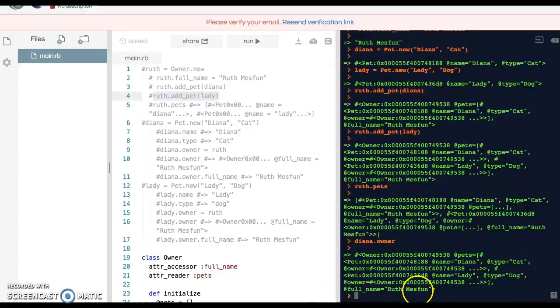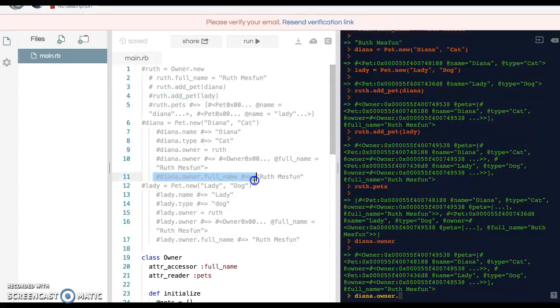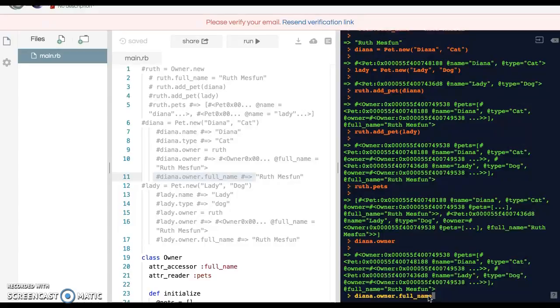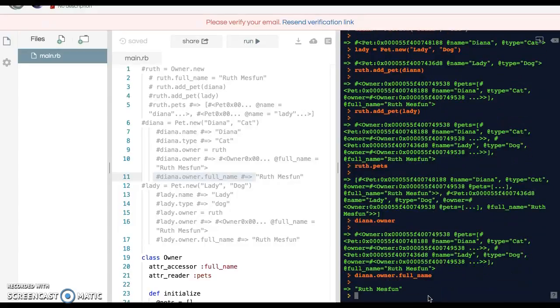You'll eventually see full name Ruth Metzven. So if you did Diana.owner.full name, you should get Ruth Metzven. If you did Lady.owner.full name,